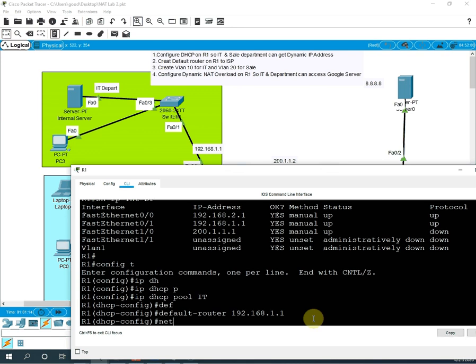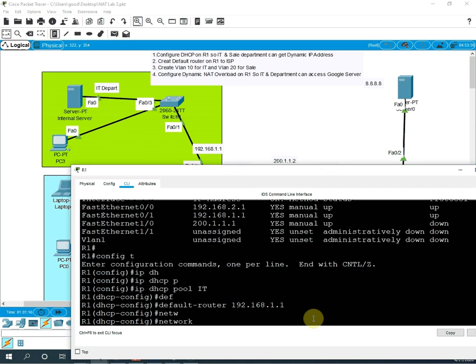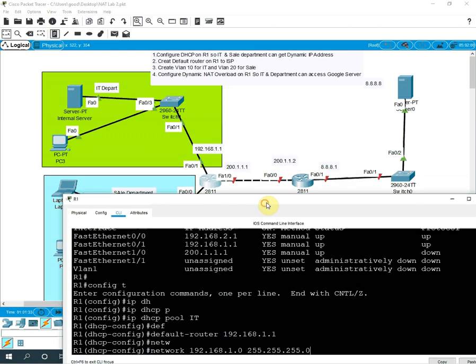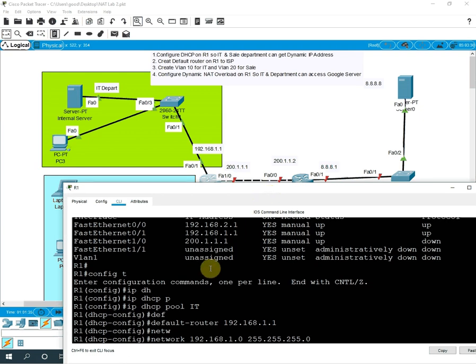Then after that, we will write network, the network ID and the subnet mask. The network ID for this one is 192.168.1.0 and then space 255.255.255.0. Okay, I will repeat again. We are now creating a DHCP pool. With the help of the DHCP pool, our PCs will get the dynamic IP address automatically. No need to give it manually.